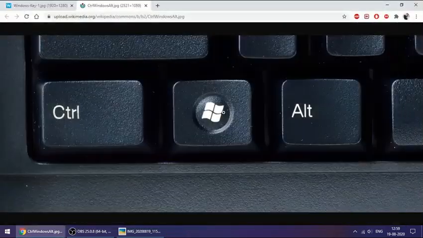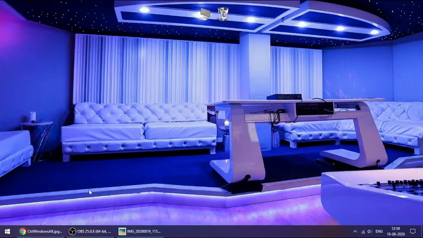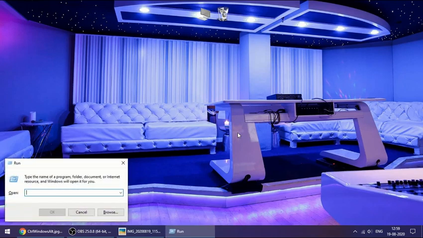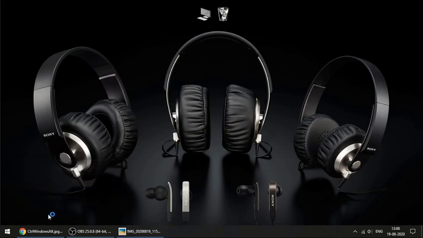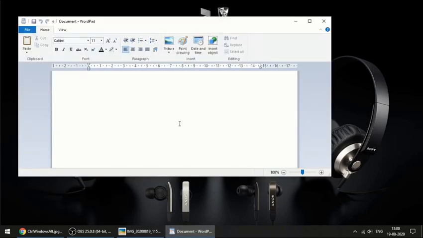Now what that will do is, let me show you on the screen itself. Now you can see that my cursor is over here. I am not doing anything with my cursor. When I press the Windows and R, this is what opens up. This is known as the run command. Over here you can type WordPad and OK, and WordPad will be open in front of you.